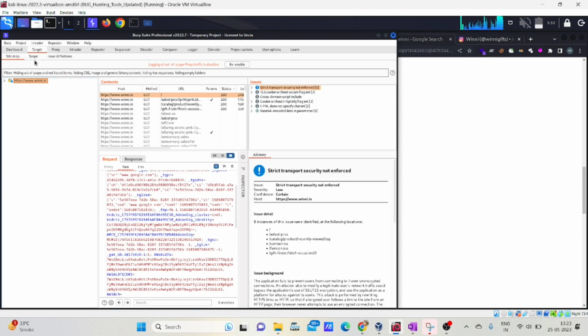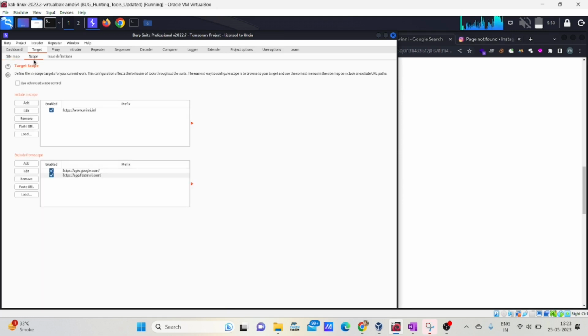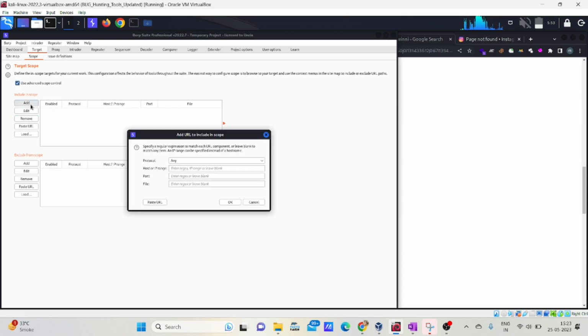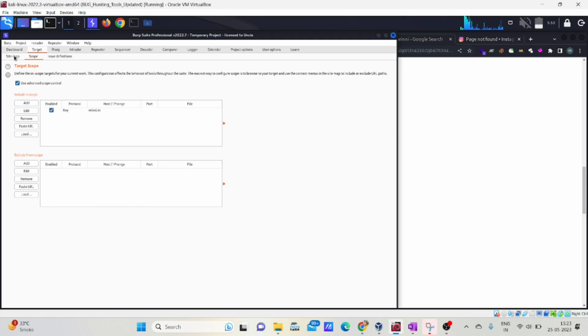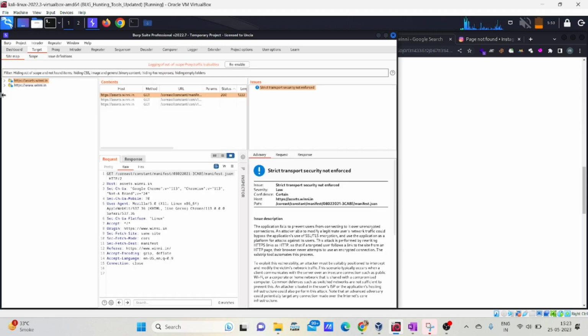So for that, you need to go to scope. Under that, you can find use advanced scope control. By default, winnie.in is selected because we have added this particular URL to the in-scope item. Now I'll select this advanced option and add this, with the protocol any, and I'll choose winnie.in. Once after adding this, you can see